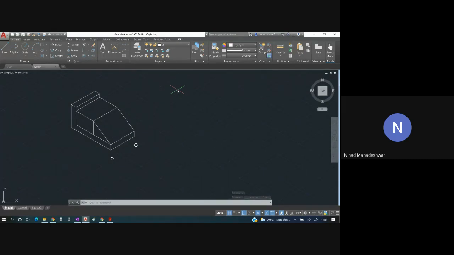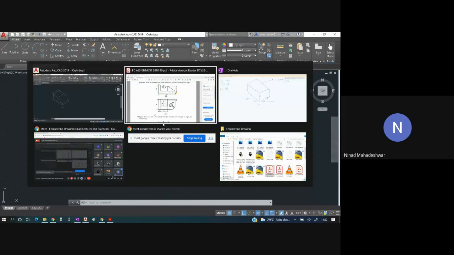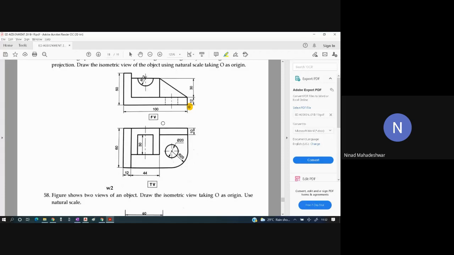I think this is too much to absorb. I'll give you 5 minutes. Just try to draw this shape. Can you do this, students? Yes, sir. Take your time. If you have any doubt, you can ask me. This will be in front of you, because from this you have to draw the view.